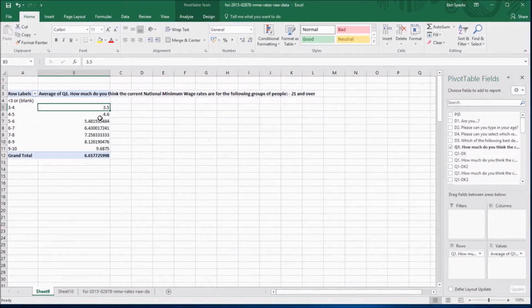Let me just drag that back down. It says that the average of the two guesses in the 3 to 4 column was 3.5, and the average of the guesses in 4 to 5 was 4.6. Now, that looks exactly like our midpoint. The other ones are clearly not at our midpoints that I typed in blithely. And at the end here, it's actually giving us the grand total average using all the raw data. And if you just use all the raw data, the average is approximately £6.62,